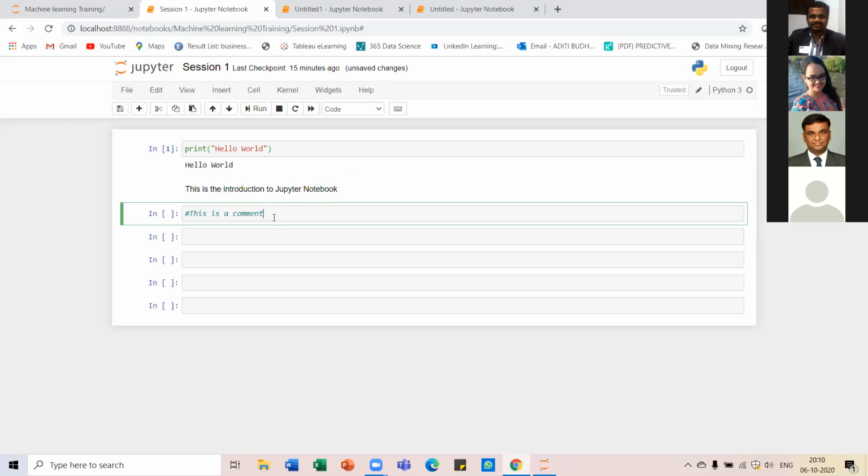In fact, in the notebooks that we are going to share in the coming days, you'll see a lot of markdown text as well as the code, which will help you understand why that code is written and how that code is to be executed. So self-explanatory notebooks can be created with the help of markdown text. Can you try and confirm that you have understood what markdown text is and that you're able to type and execute it?